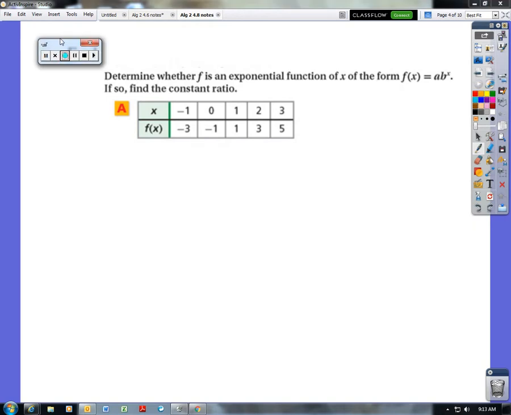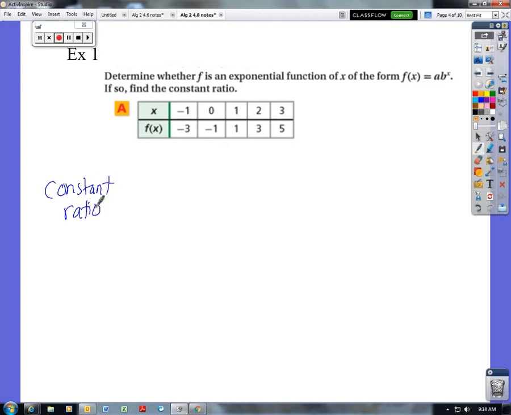This one is example 1. So first, before we do regression, we're going to be given a set of data, and we're going to figure out whether it is exponential or not. And in order to do that, instead of finding common differences like we did with linear and quadratic and cubic ones, we are going to find something called the constant ratio. And to get the constant ratio, we will be dividing